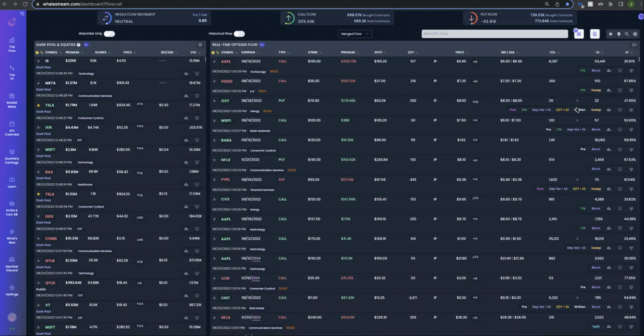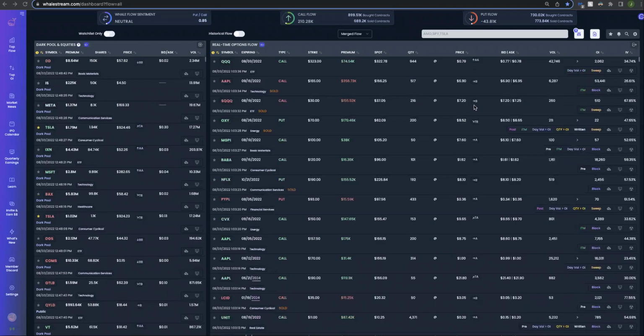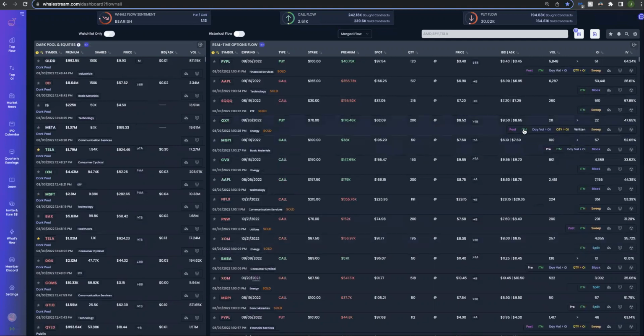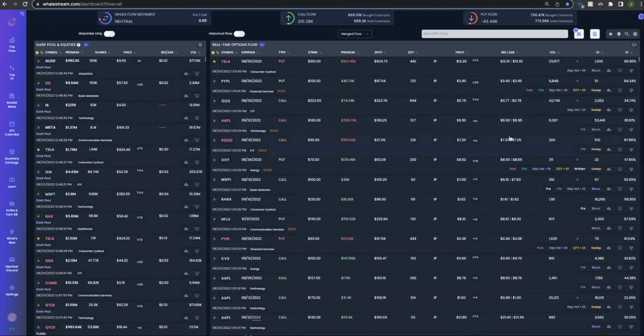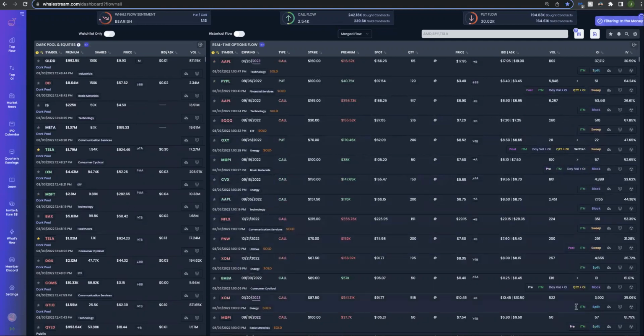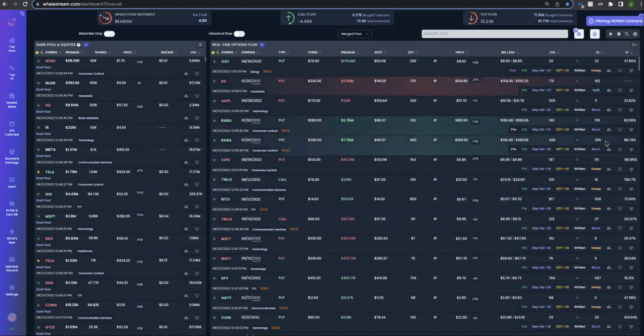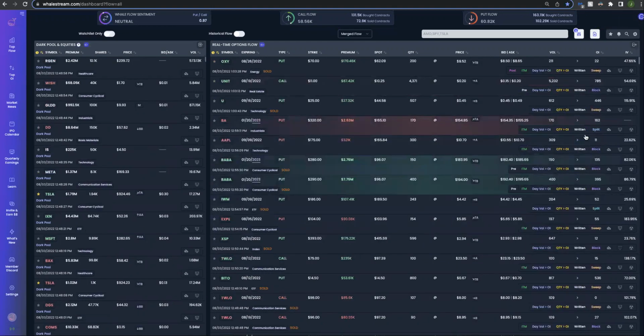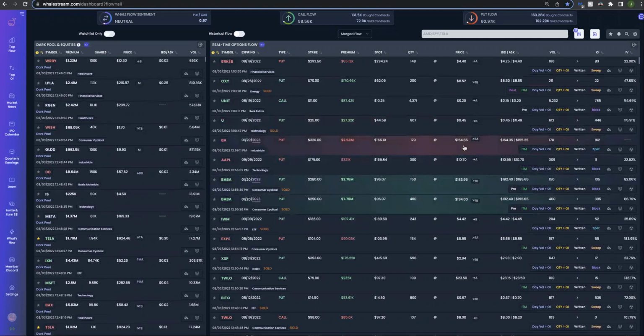And most of the dashboard is interactive. So if you click on in the money, it's going to filter to only in the money orders. If you click it again, it'll remove it. Same with the written filter. Oh, I missed it. There's a lot of flow coming in, so I missed it. Okay, there we go. So the written filter, and what written means is it means that based on the current